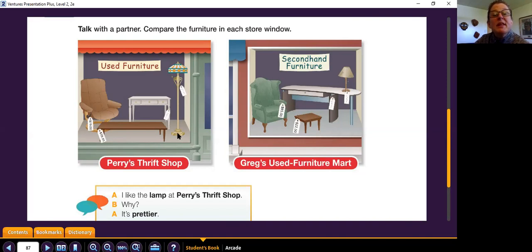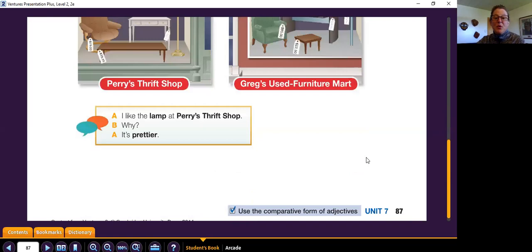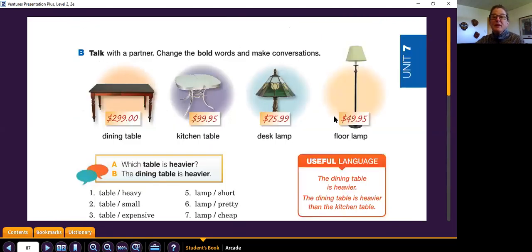The lamp, I cannot see a price on the lamp, and I hope that's a squiggly line. Otherwise, I need my glasses checked again. The floor lamp is taller than the table lamp. Okay. All right. So let me stop this here